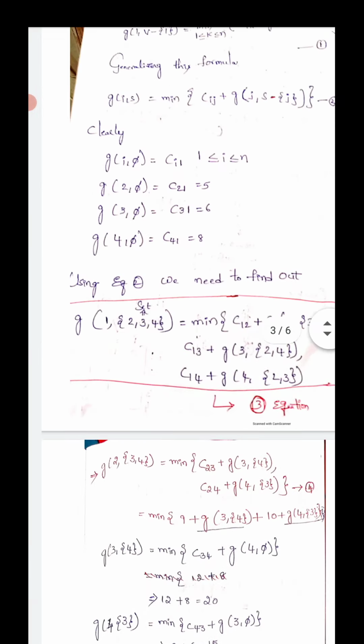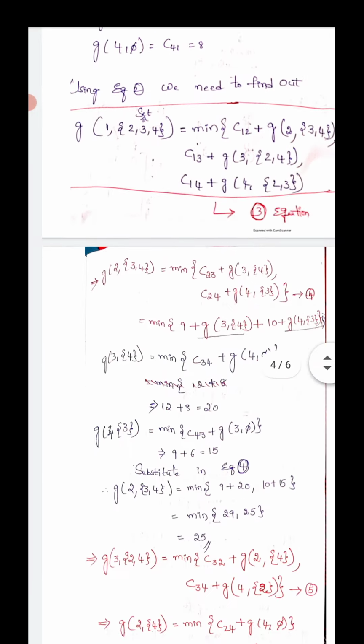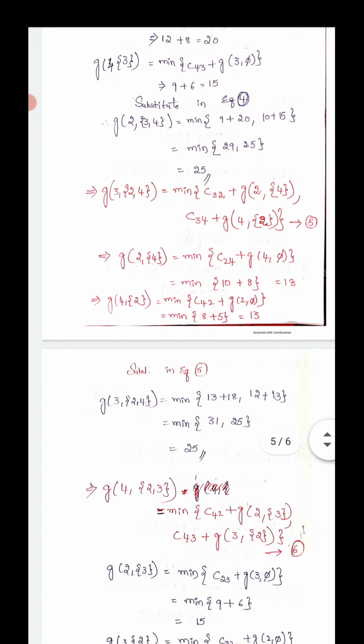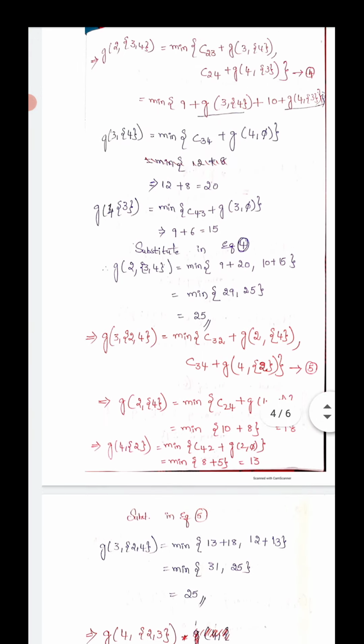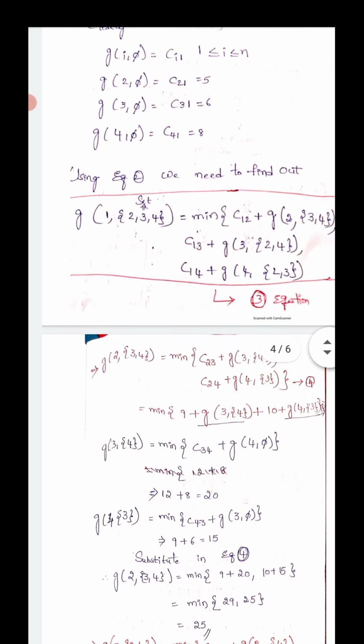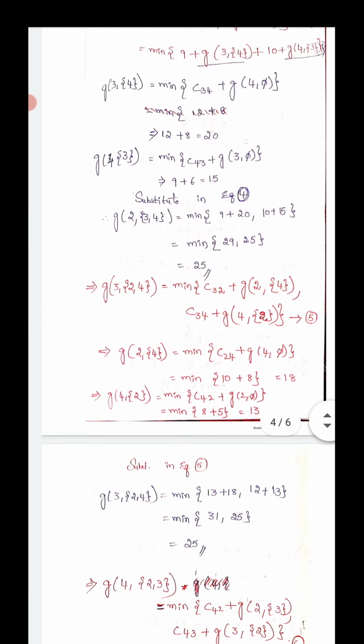Fourth row second column. Fourth row second column, how much can we get? 8 value. How much? 8 plus g of 2 comma 5. Clearly g of 2 comma 5, how much? 5. Now we have to add this, minimum of 8 plus 5, how much? 13. By substituting these values in equation number 5, now we can see g of 3 comma 2 comma 4,